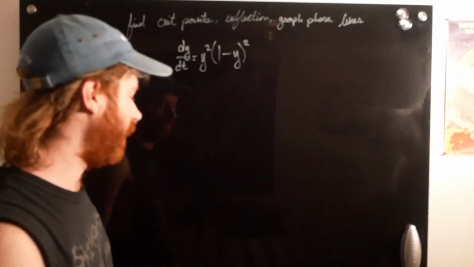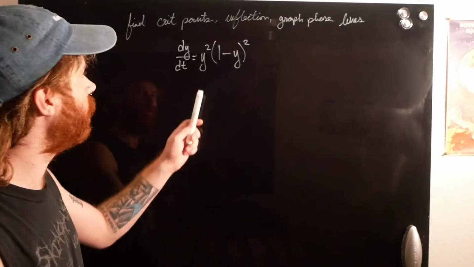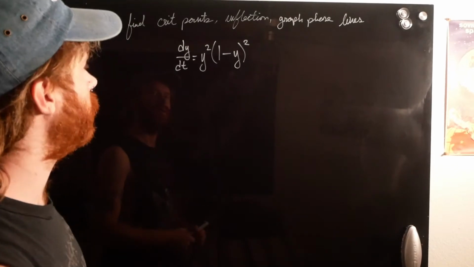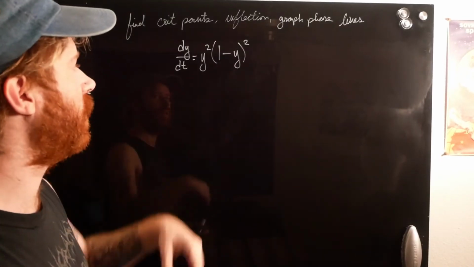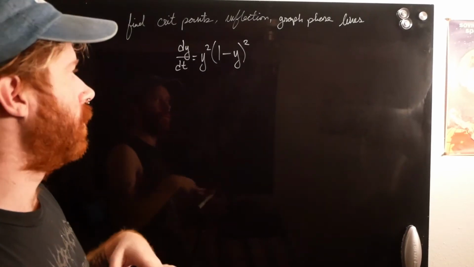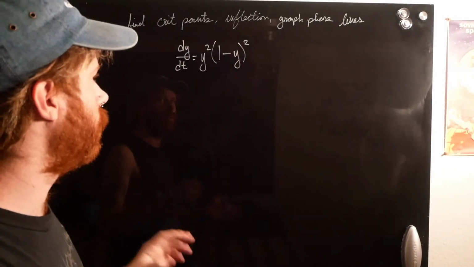Welcome to another video on phase lines. Today we're going to be doing y squared times (1 minus y) quantity squared, right? So we've got to FOIL this out so we can find the zeros. Well, we'll find the zeros of it and then we'll FOIL it out to see what we can do to